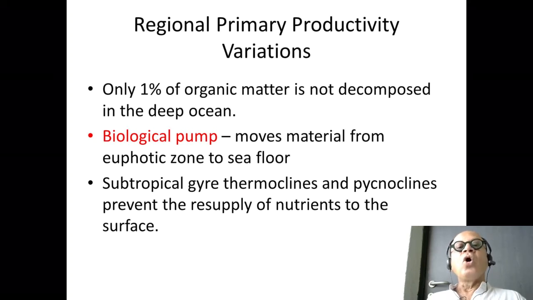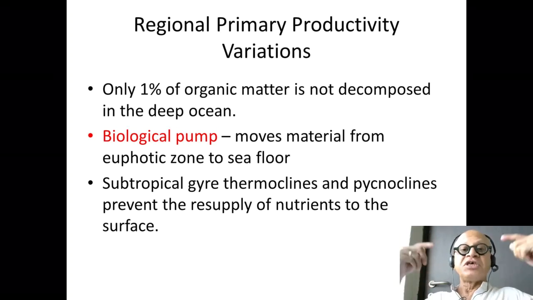Only 1% of the organic matter actually makes it all the way to the bottom of the ocean. If you're producing 100 units, only 1 unit will make it all the way to the bottom. So that tells you about the efficiency of the carbon cycle, carbon sequestration. We will look at that a little more detail later on. Okay, so the concept of biological pump is important. So I will do it in the next podcast because that's kind of what determines how much carbon is going into the ocean and how the nutrients are being moved up and down.